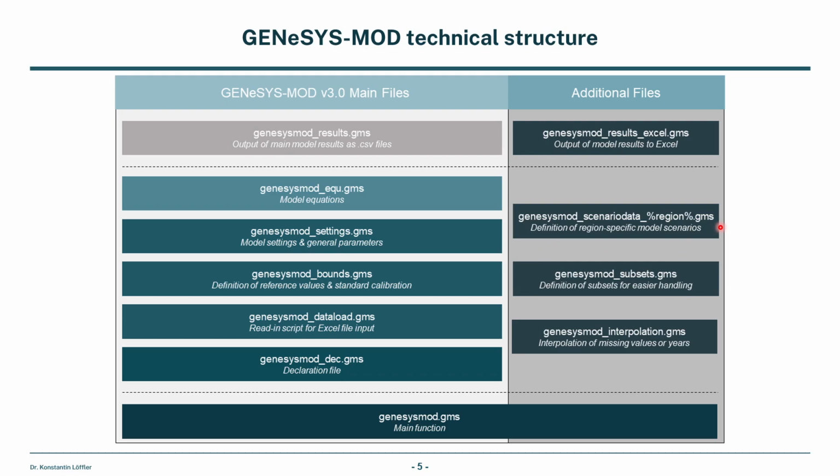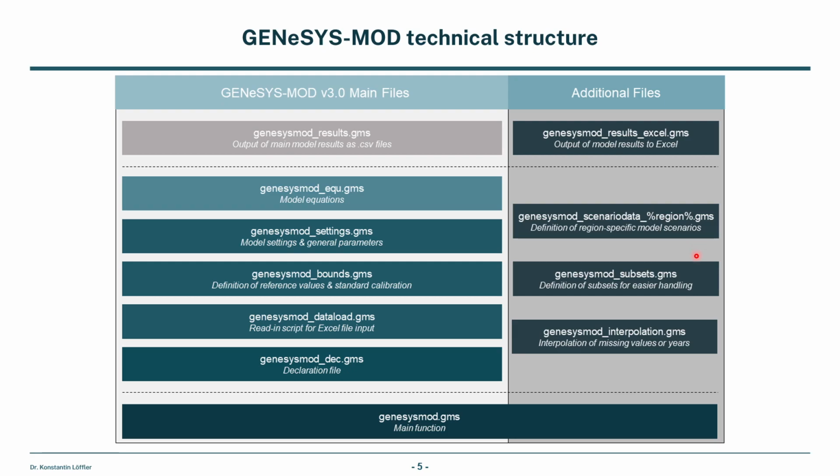So if you're calculating a model, for example, for the region Europe, then you can define a GENeSYS-MOD scenario data Europe.gms file, which would then contain specific constraints or limits or calibration tools for that specific region. So in this case, it would be for Europe, for example. If you have certain constraints that are not present in the general equations, then you can put them in this file. This is always being read in via essentially this region